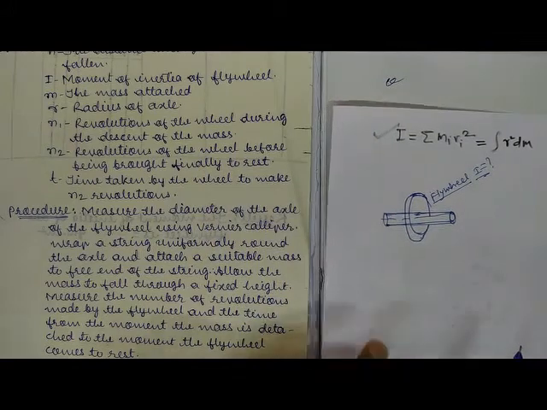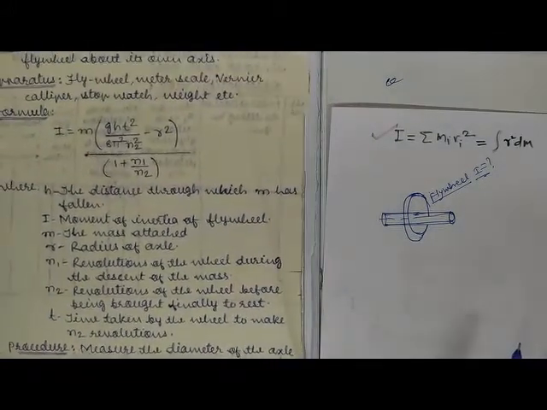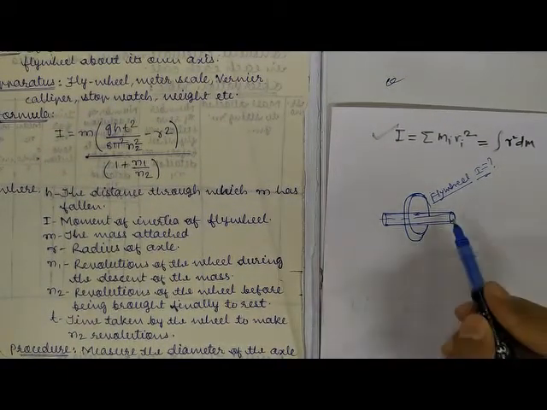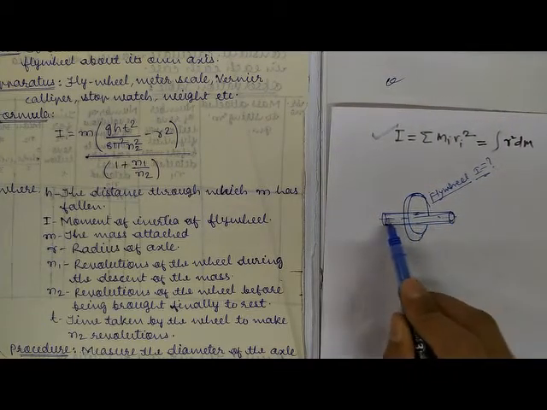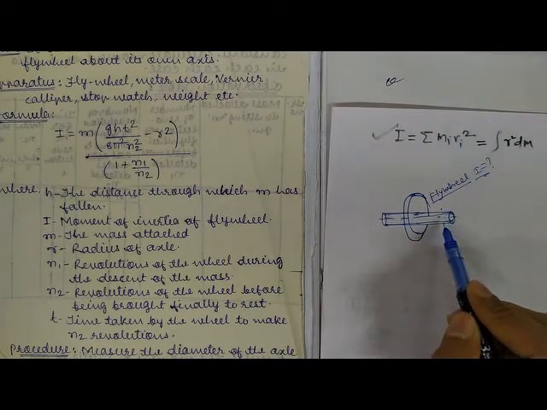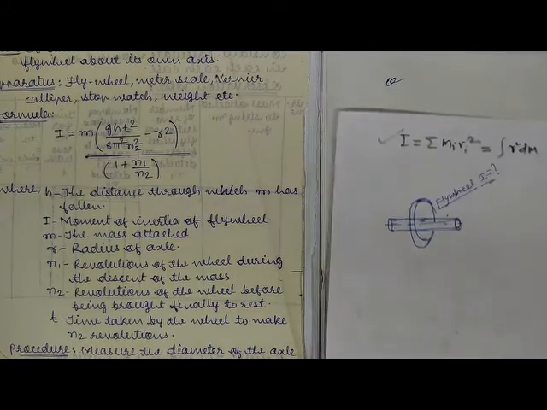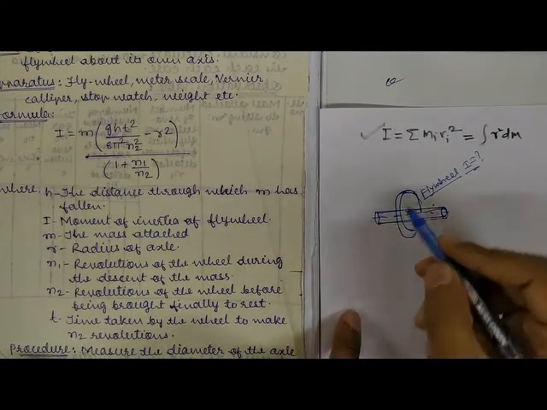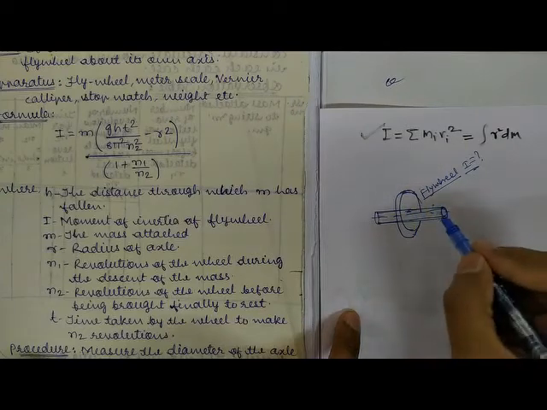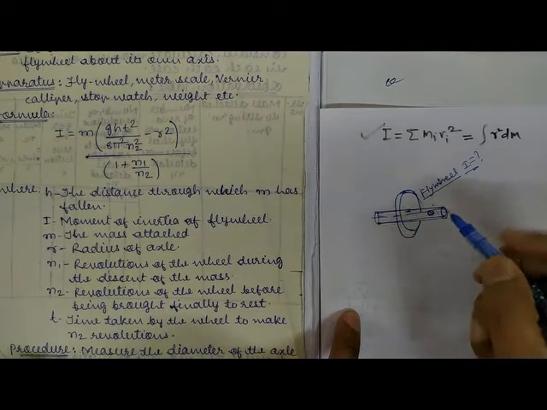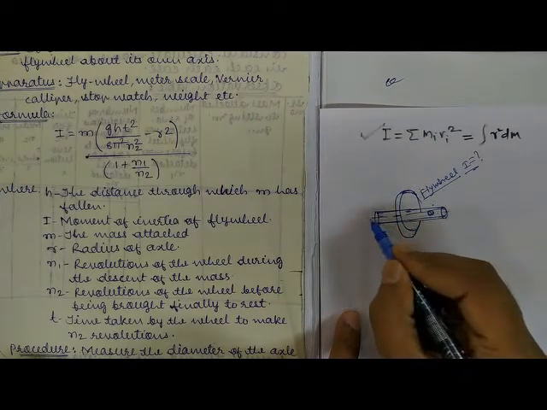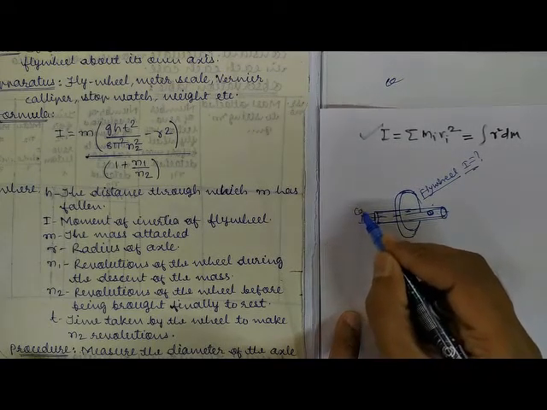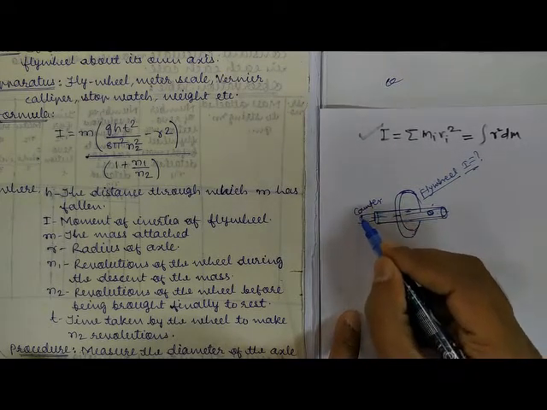Now for this, r in our formula is actually the radius of the axle of the flywheel, right? Not the flywheel, but the axle of this rack. This is a metal axle, so we will use the vernier caliper and calculate its radius. That is the first thing you should do when you go to the experiment. Next, we have one small hole on this axle, and one counter here on the axle to count the number of rotations.